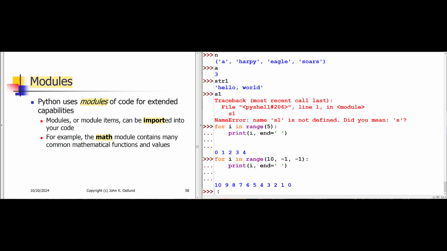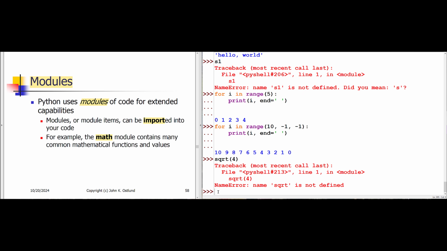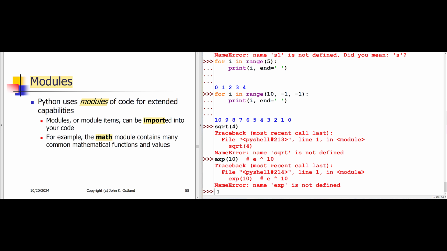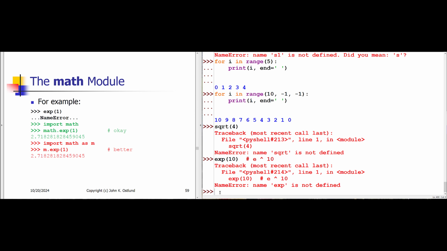For example, there is a square root math function that we might use. Square root of 4 should be 2, but we get told that sqrt is not defined. We can ask for e to the 10th power. Okay, so this is e to the 10th power. And that function is not available automatically. But if we import the math module,